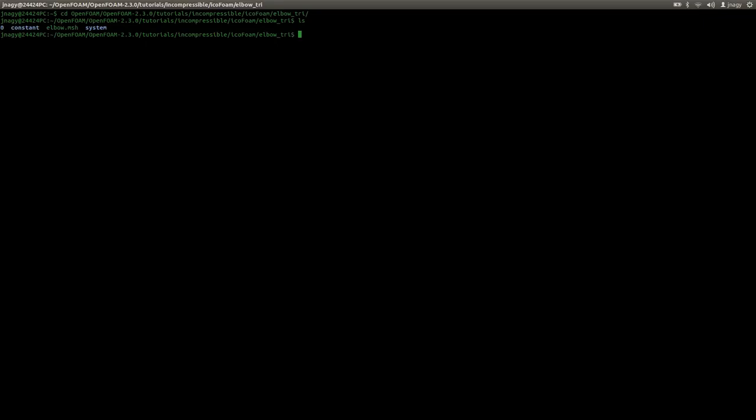Now I want to import the mesh from this mesh file called elbow.msh. You can do that with the command fluentMeshToFoam, and then space, and then the mesh file. Forget this command, we will use this command in this first tutorial, but in later tutorials we will use a different way to create our meshes, but for the first simulation this is good enough. So fluentMeshToFoam elbow.msh, press enter,